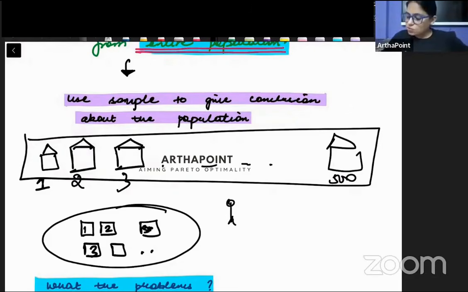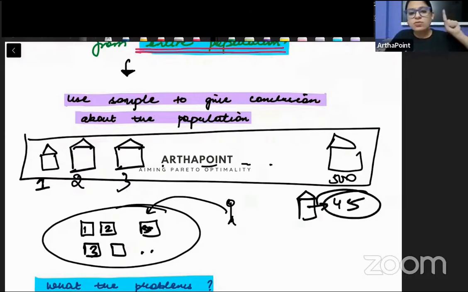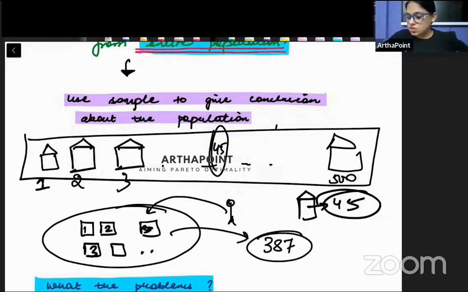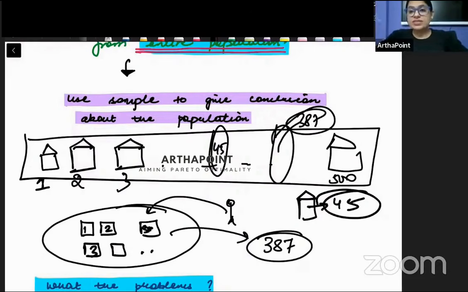And then I will ask you कि ठीक है बेटा, मेरे को 50 houses का sample चाहिए. Start picking up chits. तो आपने पहला chit उठाया, you open up that chit, the number comes as 45. तो house number 45 will be part of my sample. फिर आपने दूसरा chit निकाला and that comes out as 387. So house number 387 will be part of my sample and so on and so forth. So in that sense, we are ensuring that this is completely random in nature.